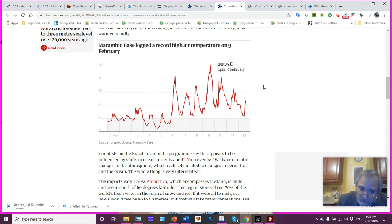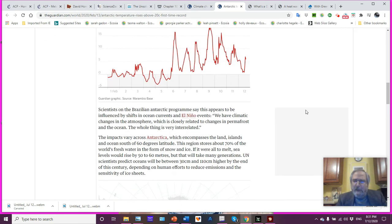Scientists on the Brazilian Antarctic program say this appears to be influenced by shifts in ocean currents and El Nino events. Right now, the 2020 El Nino came out of the El Nino side of the ENSO cycle, and is currently sitting in a neutral configuration. So I would say that is a rather reasonable hypothesis, a reasonable assessment there. We have climatic changes in the atmosphere, which is closely related to changes in permafrost on the ocean. The whole thing is very interrelated,